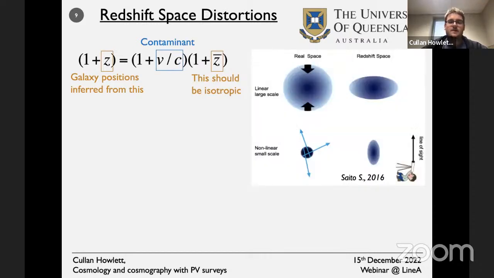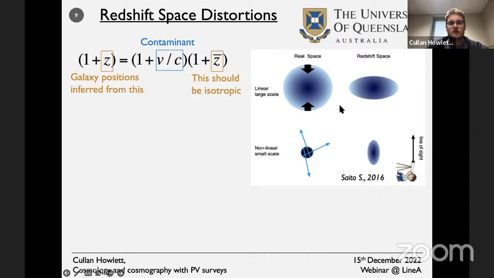And so what happens is if you were to infer the position of a galaxy using the observed redshift, you find that on large scales, objects tend to be moving towards large clusters. And that means that along the line of sight, so given by these two arrows here, you find that objects start to appear squashed when you use their observed redshifts, but you treat them as if they were the cosmological redshifts. And so these velocities pull the inferred positions of galaxies towards the clusters and give this apparent squashing along